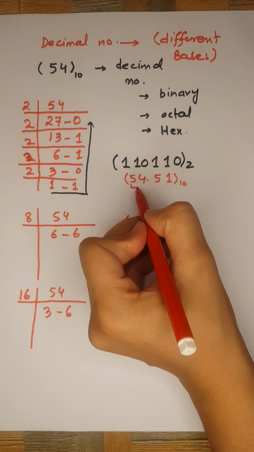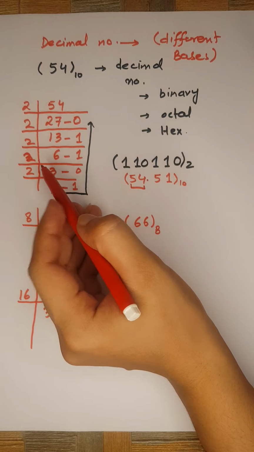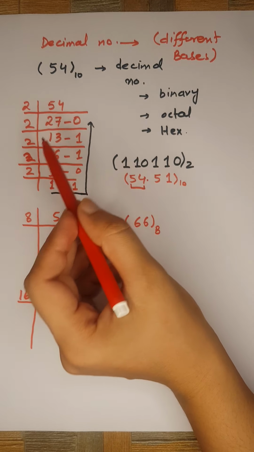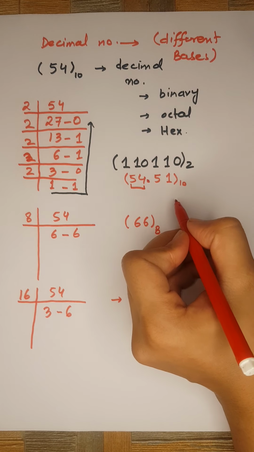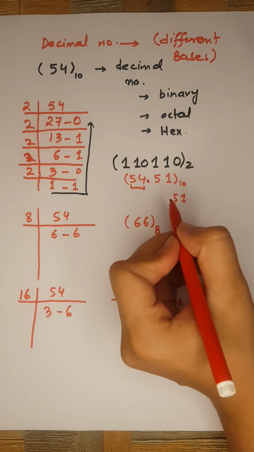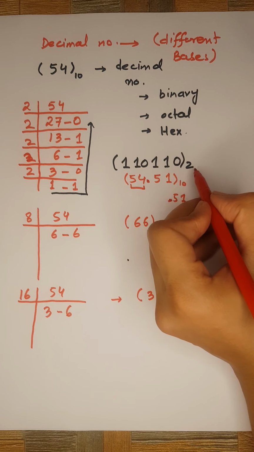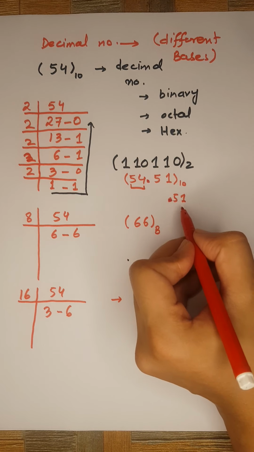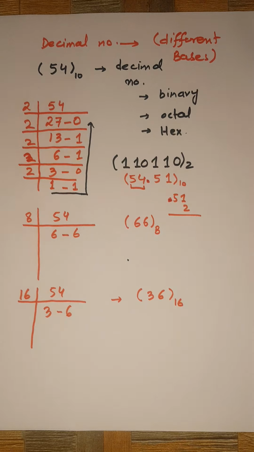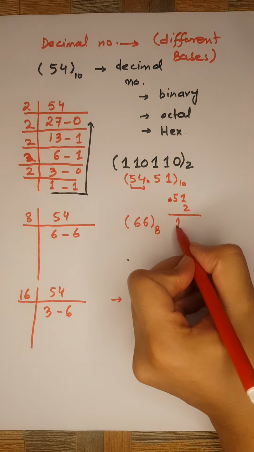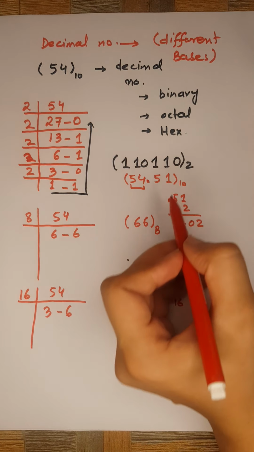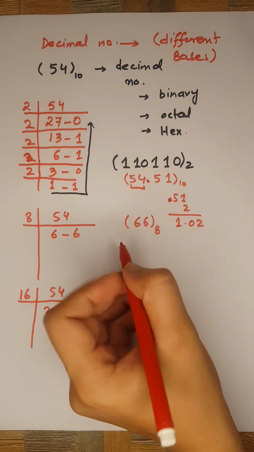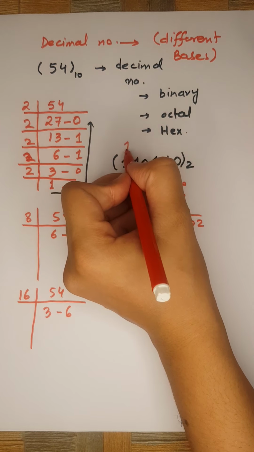We will do the same for the fractional part, just like we did in the previous example. The value .51 will be multiplied by the base in which we want to convert. So we will multiply 0.51 by 2, and we will get 1.02. Now what is the next step? The next step is to write down, I will just write it again,